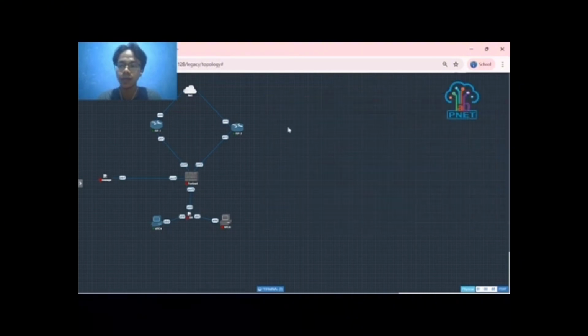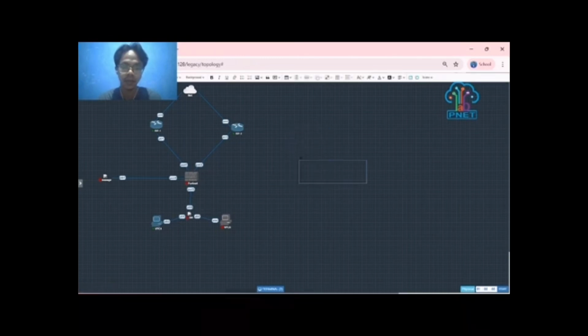We can make text here. 192. Where? 192 is wrong. 128.21.1.1.